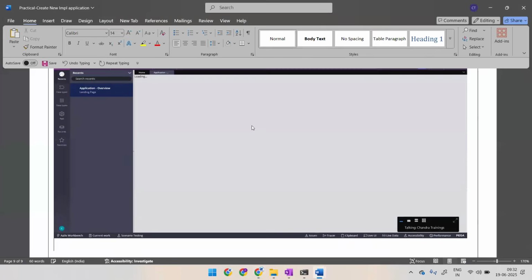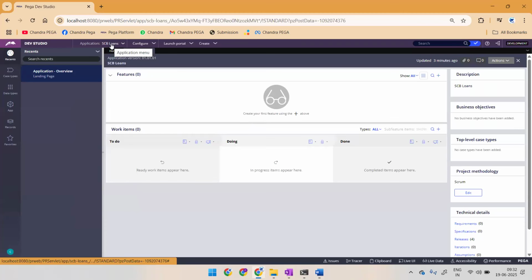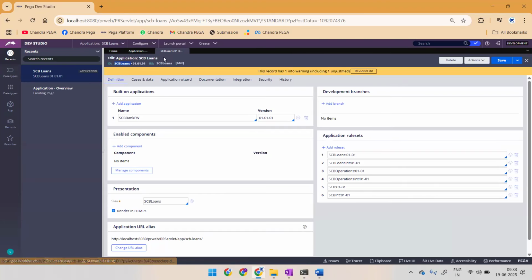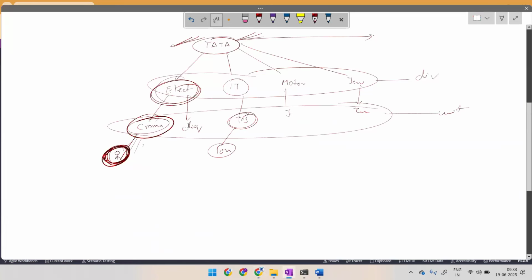So it is directly taking you to the SCB loan application. You can see this, right? SCB loans. And if we just check the definition, you will see its ID and name may or may not be the same. Okay, so fine. So happily we created both applications and we have two different operator IDs. And remember one fact, that in real time